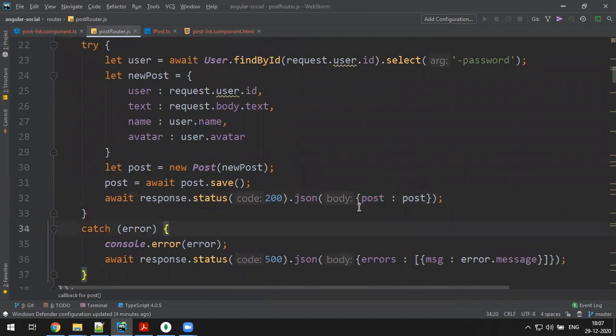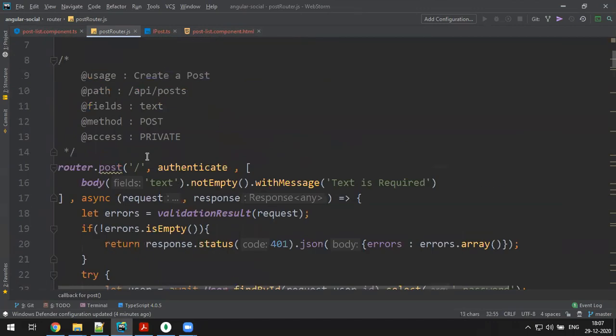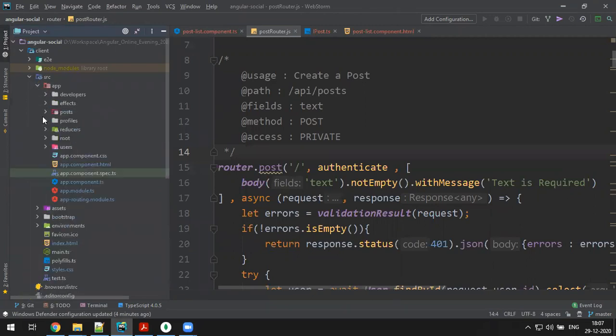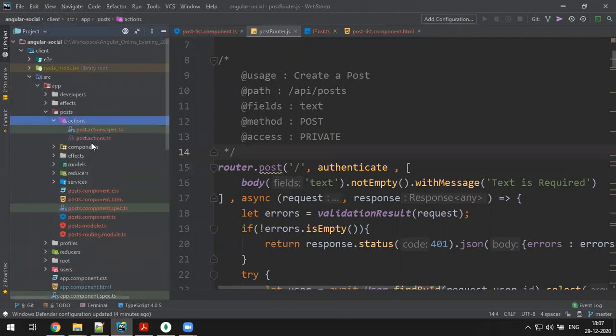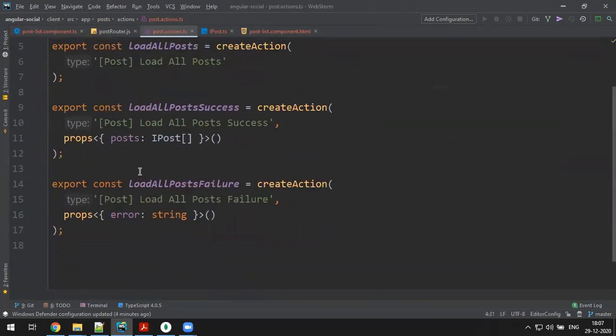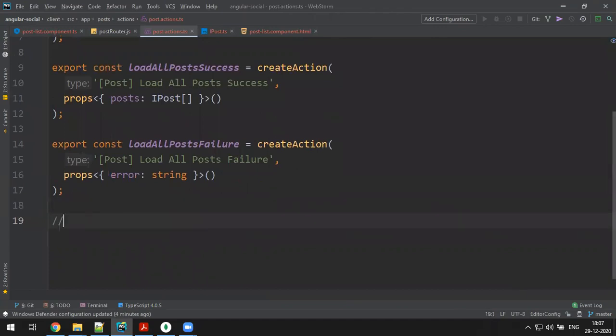Now for this API, we have to create actions and reducers. Let me go to src app post actions. These are all load post actions. Let's make another action for create post.